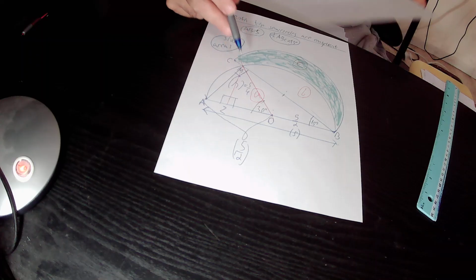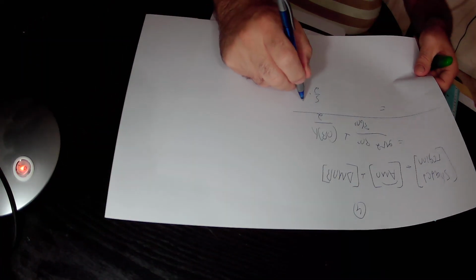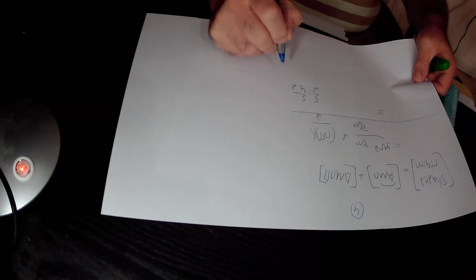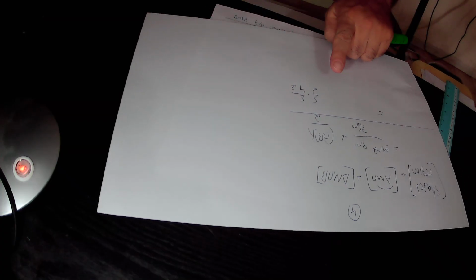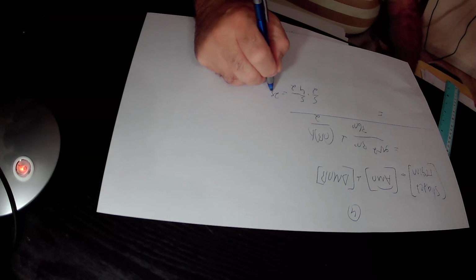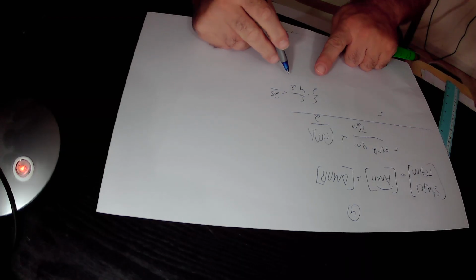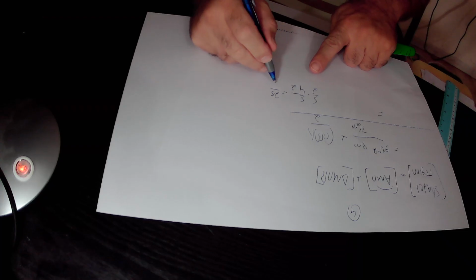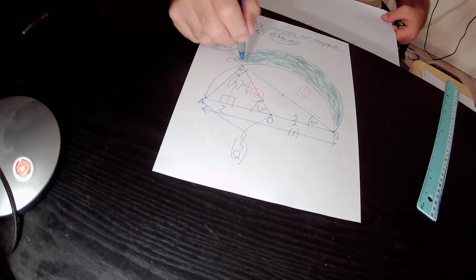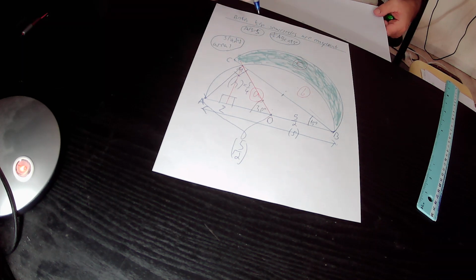H equals 5 quarters, over 2. So in total, the area of triangle MOB equals 5 times 5 is 25, over 2 times 2 is 4, and 4 times 4 is 16. So in total, the area of this triangle MOB is equal to 25 over 16 square units in size,